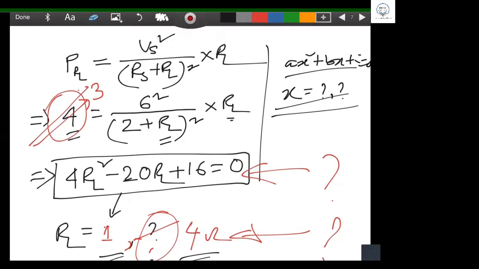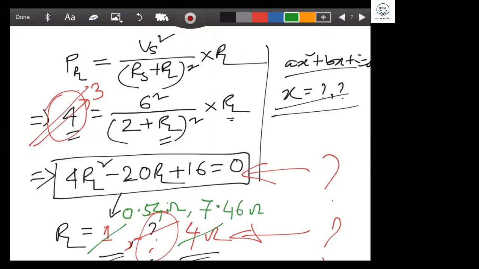Sir, I got 7.46 and 0.54 ohms. Another one is what? 7.46 ohm. Yes sir, these two things. I got the same, sir. Okay, fine. Who got the same? Sir, Jihad. Jihad, you tell me what is the